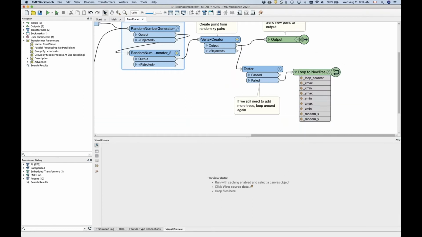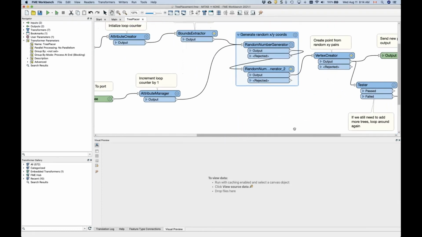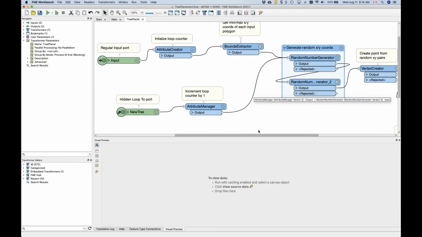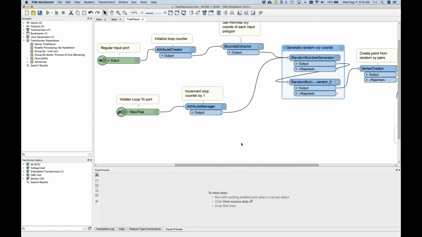What this will do is it'll allow me to loop to a different input port. So I could loop back to the original input port, or I could loop to a new port. In my case, I've looped to a new port. So some of the configuration I had to do to make this work is first I need to set up